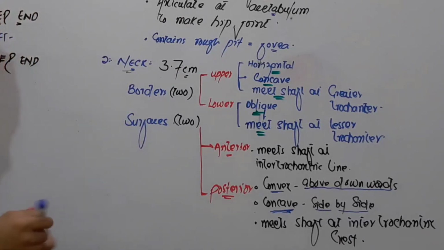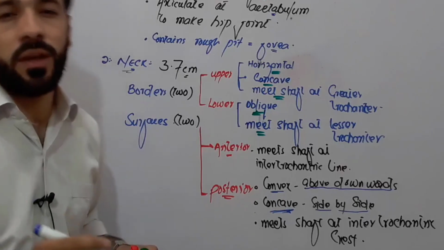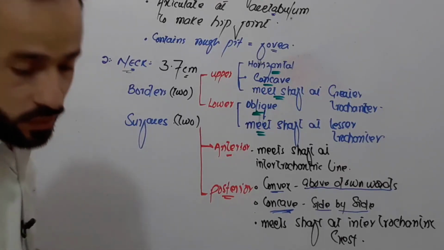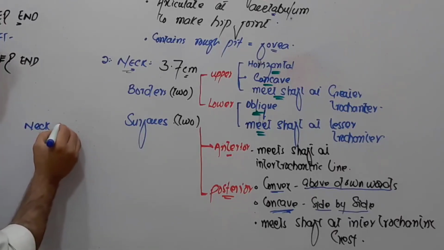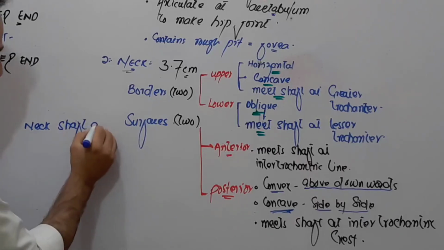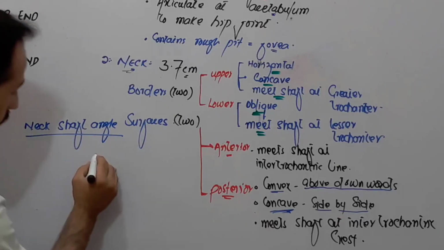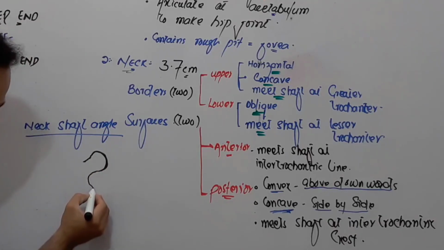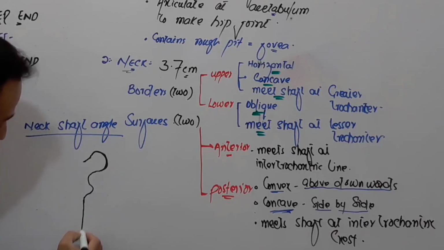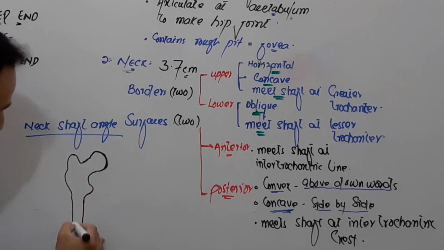femur bone. Now look carefully, friends, in this femur bone there is an angle between the shaft and the neck, so we call it the neck shaft angle. Look at the diagram here. Here is the head, right? Then there is the neck, okay? Then there is the lesser trochanter, and then there is the shaft. Here is the greater trochanter, and this is the shaft, right?